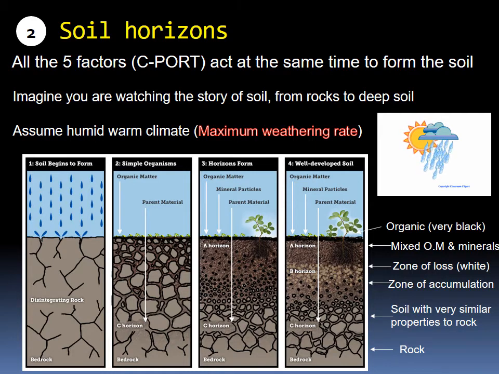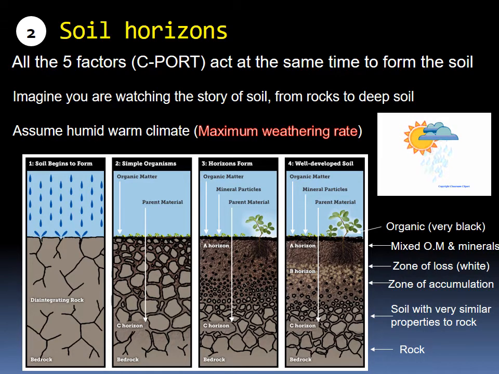And because at the top, between the layer where you have this accumulation and the layer which has a mixture of organic matter and minerals, there you lost some of the materials, it will appear white in color and it will form a layer which has lost the minerals. So now if you look at picture 4, and after all of these processes, you will see that with these conditions and after a certain time, like hundreds and hundreds of years, we end up with